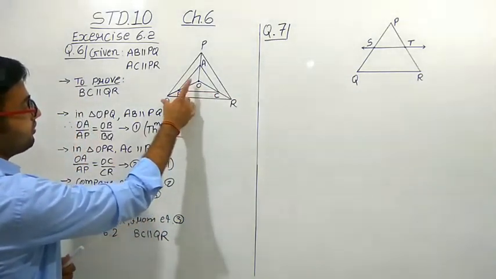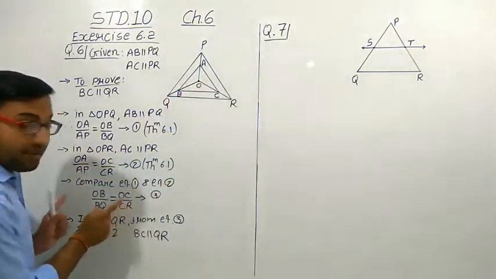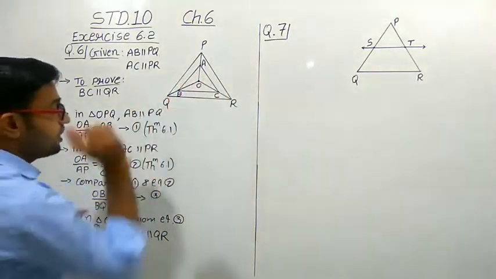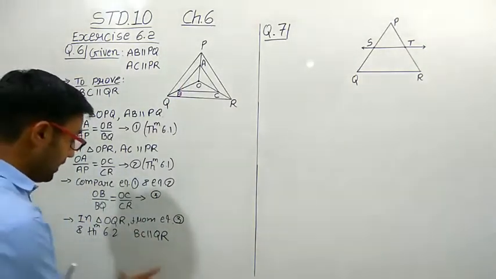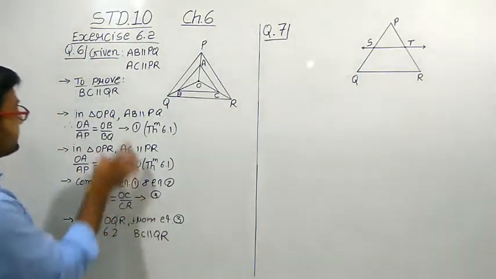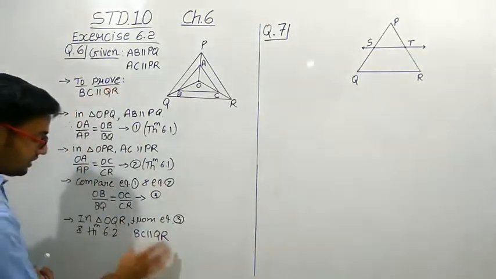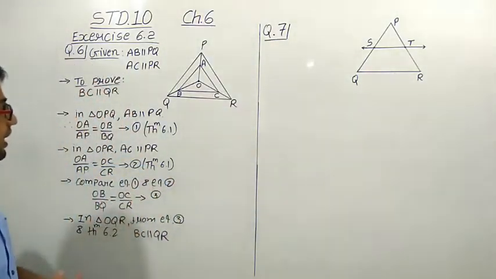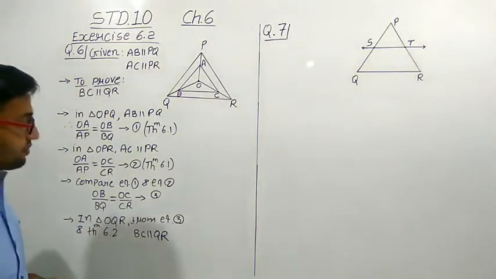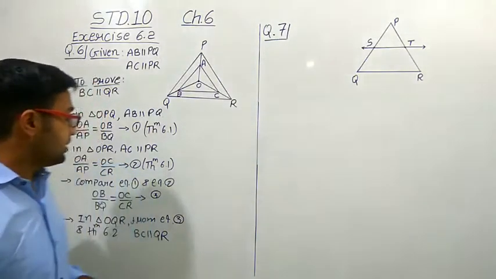The line which divides the two sides into the same proportion is parallel to the third side. That is theorem 6.2, and according to that, we can prove this result. That is the required result. We have to prove BC is parallel to QR. In this way, you can think about this type of sum and solve it using the theorem